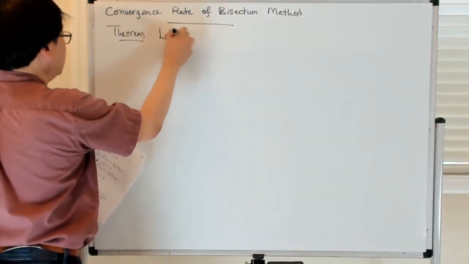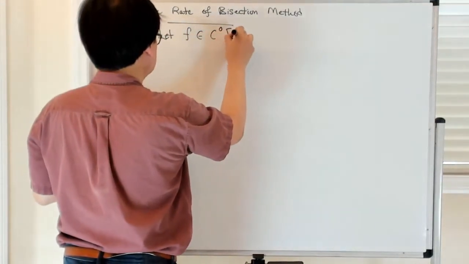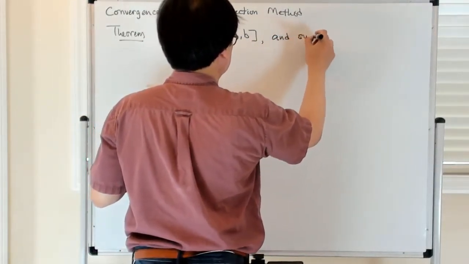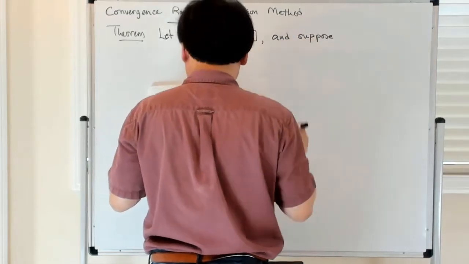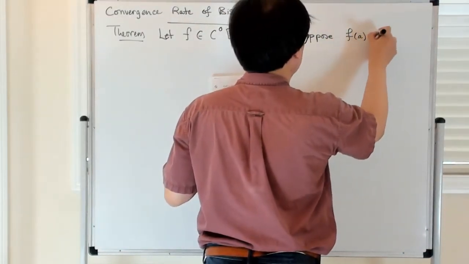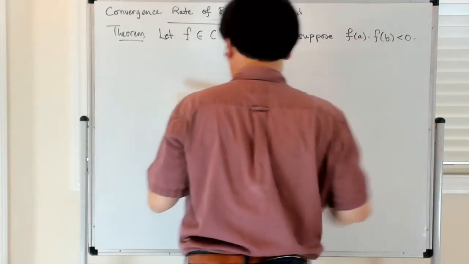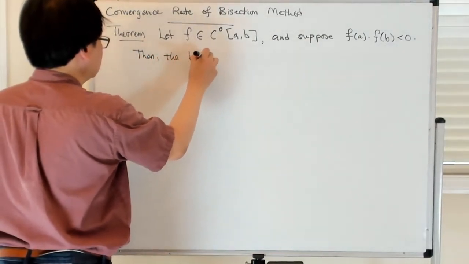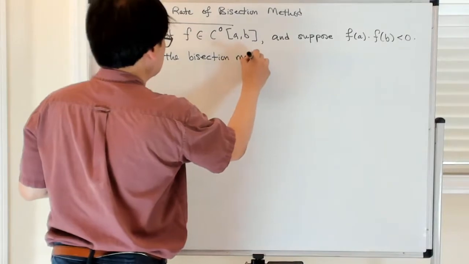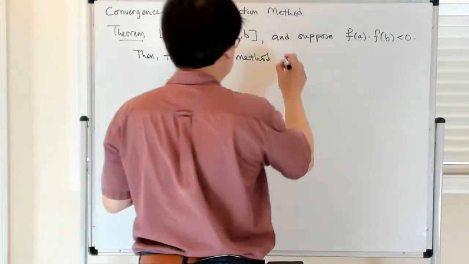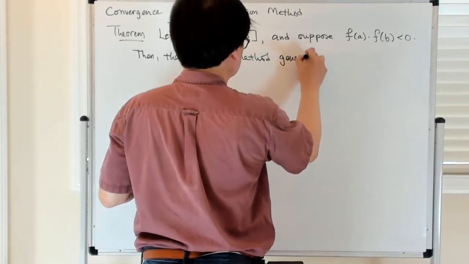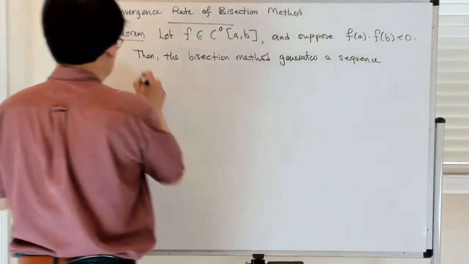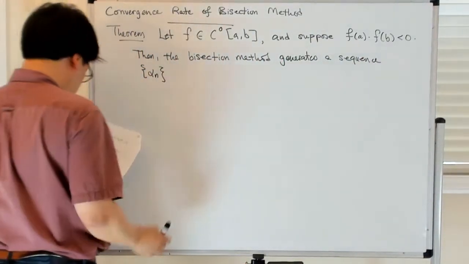Let f be continuous in some interval, and suppose that the function changes sign over the interval, that is, f of a times f of b is less than 0. Then the bisection method generates a sequence, let's call that alpha n, which converges